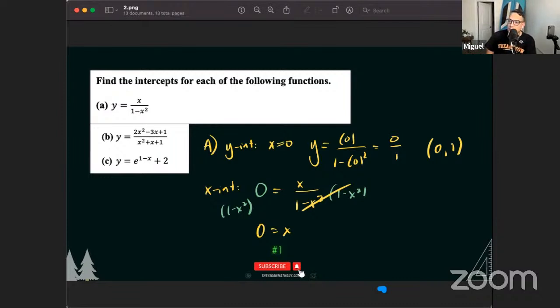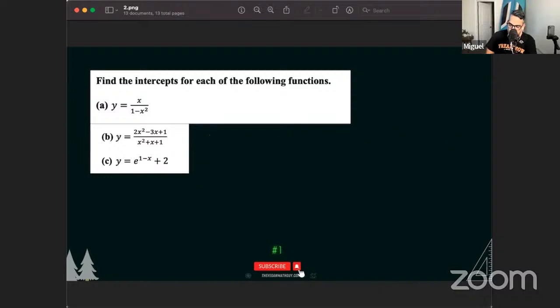And in this case, it's fairly simple. I mean, x is equal to 0. There's really nothing else that we need to add there. So the x-intercept is going to be (0, 0). So y-intercept (0, 1), and x-intercept (0, 0). Let's go ahead and go to part B. Now, part B, as I write it,